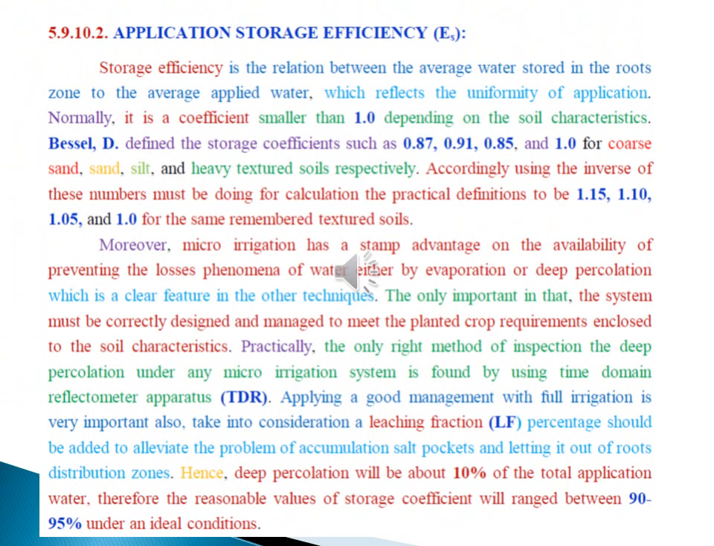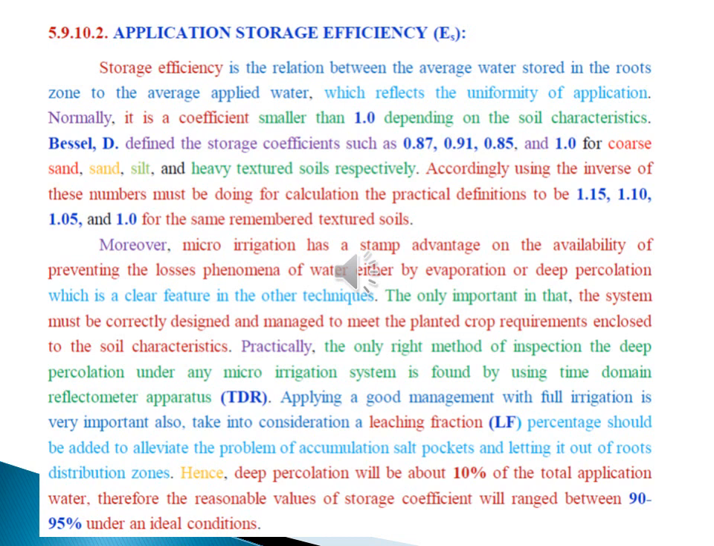Application storage efficiency. Storage efficiency is the relation between the average water stored in the root zone and the average applied water, and it reflects the uniformity of application. Normally, it is a coefficient smaller than 1, depending on the soil characteristics. Bezel defines storage coefficients such as 0.87, 0.91, 0.85, and 1 for coarse, sand, silt, and heavy texture soil